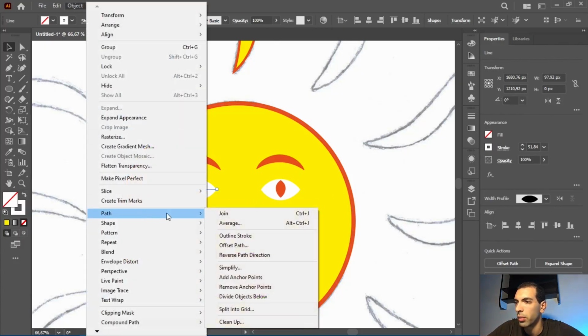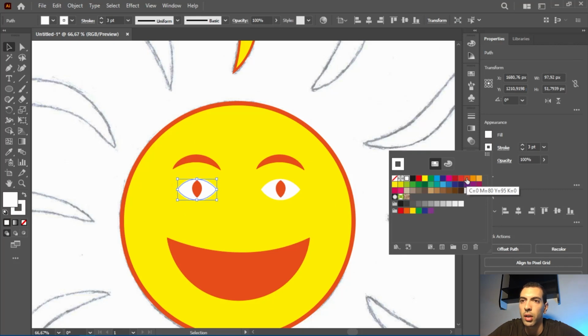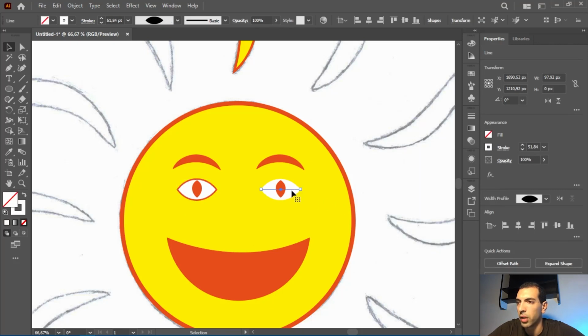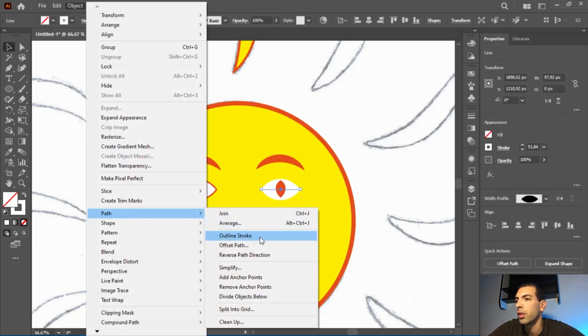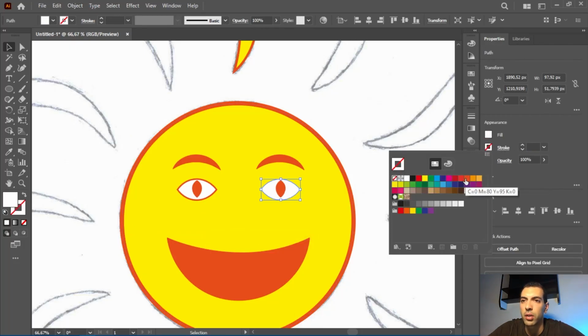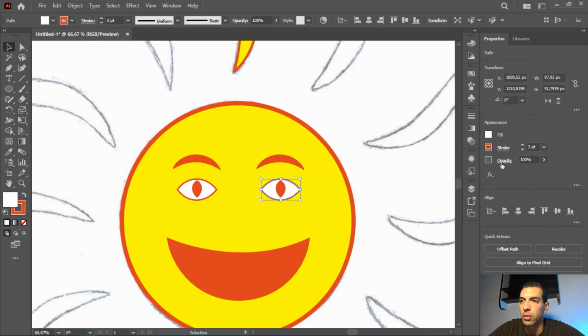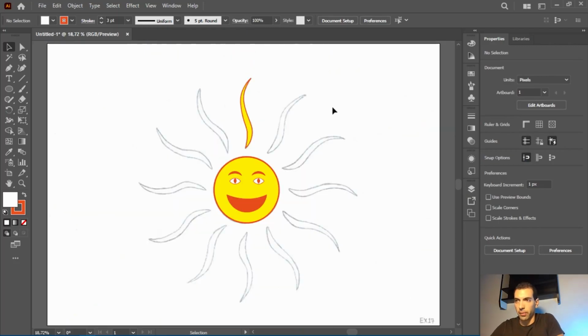Object, path, outline stroke. Now I'm gonna set the stroke weight to 3 like this, and I'm gonna set the color of the stroke to orange. I'm gonna do the same thing here to this stroke. Object, path, outline stroke, and I'm gonna set this to orange and set the size to 3 points, just like this. All we have to do now is